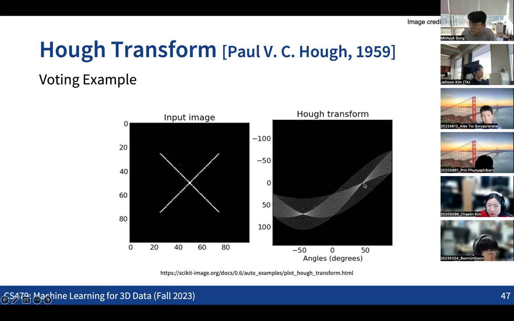You can see that this point at the mouse pointer and the other point here might be some of the points where we see a concentration of votes in the line parameter space. If we can find these peak points, then we can see that there are two models explaining the entire data set. So that's the basic idea for the Hough transform. Any questions on this?